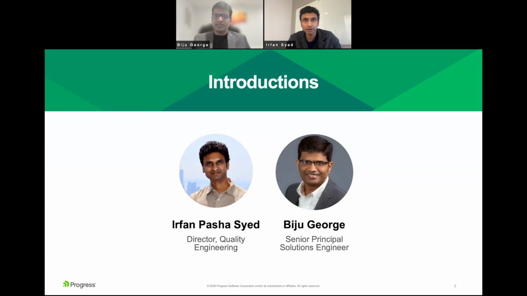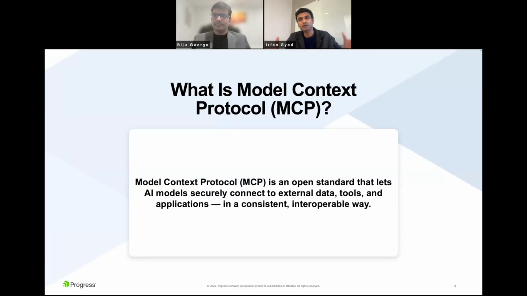And the most important part that Sophia mentioned, and I'm also really excited, is about how the world right now is beyond a certain protocol. It's about tasks. How can we manage and execute multiple tasks? So what is Progress offering to do that? So with that, let's go into the world and deep dive into what MCP is.